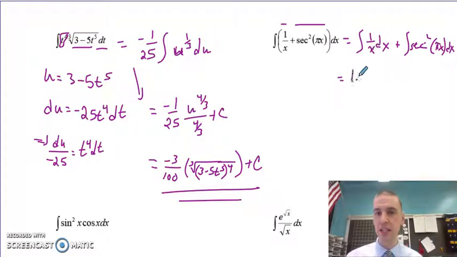You can separate it. Well, we know what the integral of 1 over x is. That's going to be ln of x, and we're going to do the absolute value of x. Plus,